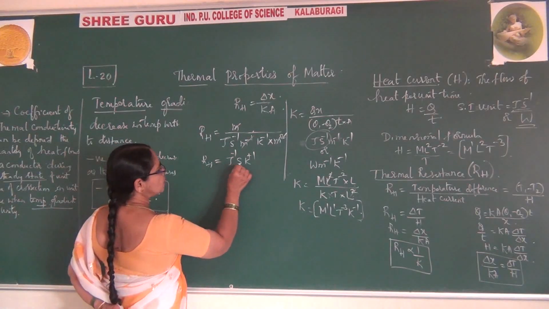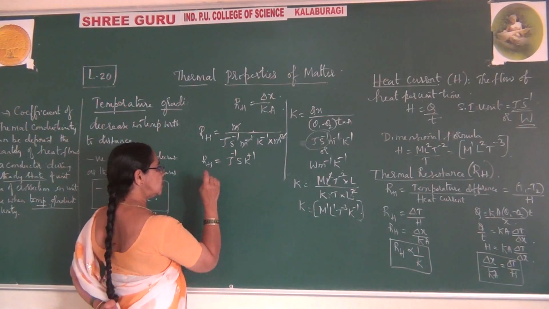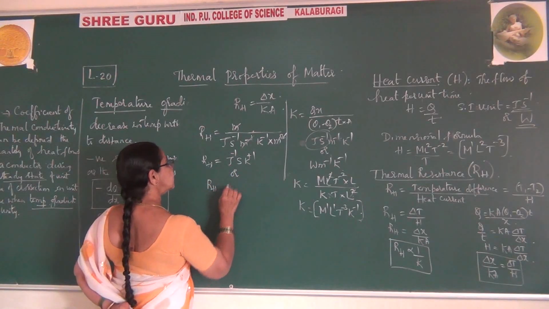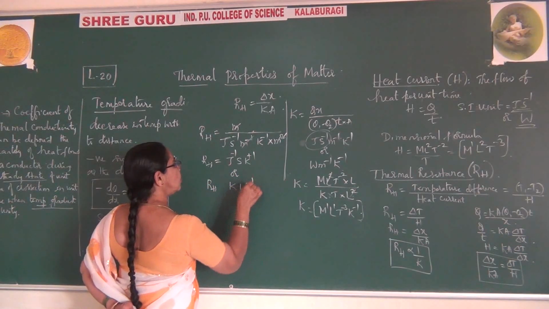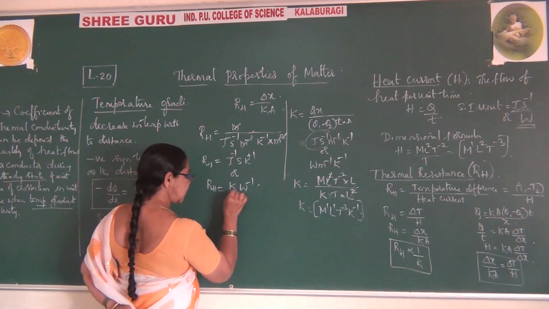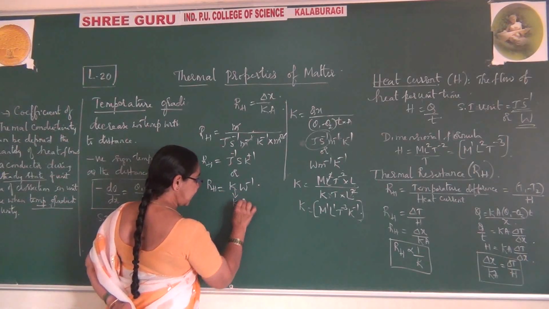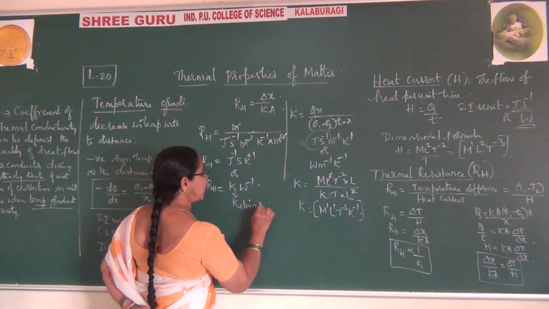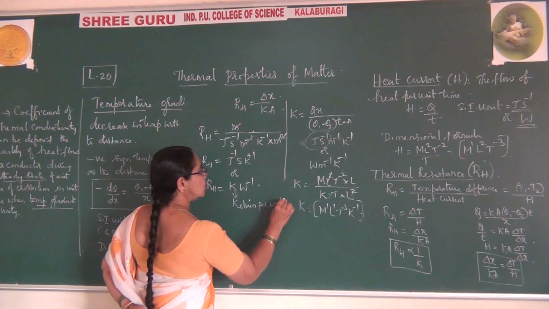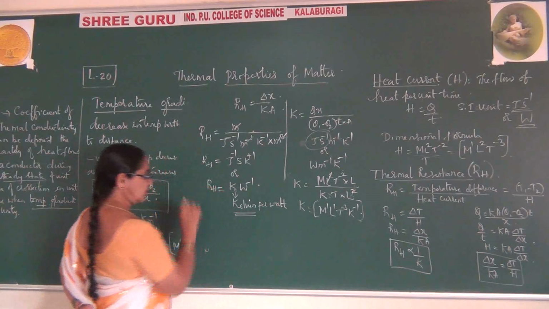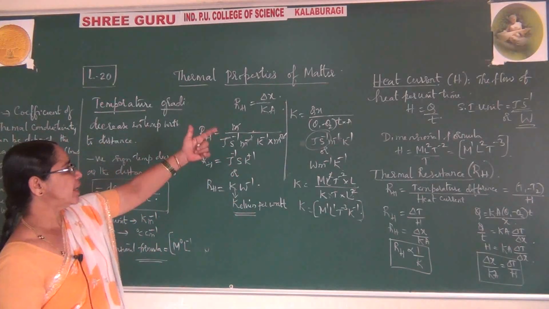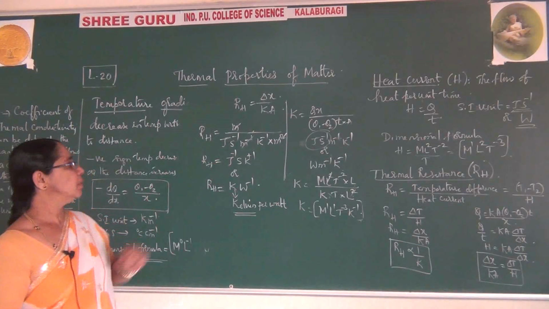Now using this, joules per second is watt. Since it is going to the numerator, we write R_H is equal to K per watt. What is this K called? K is nothing but Kelvin. Just remember, Kelvin per watt. So this is the SI unit for this. Just remember, if you remember the SI unit for K, you can write it easily for this.